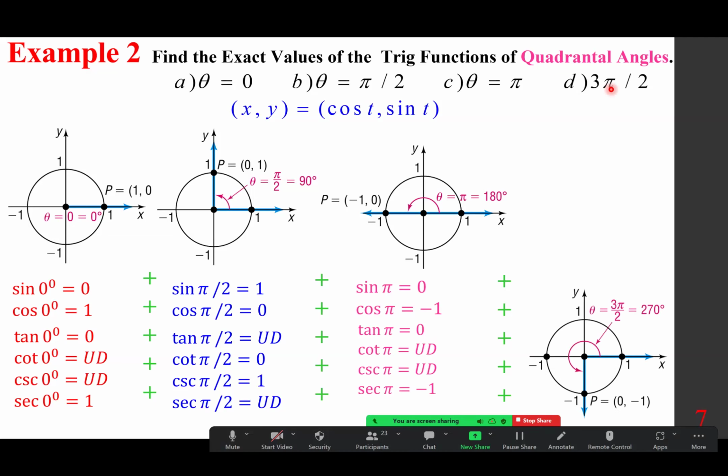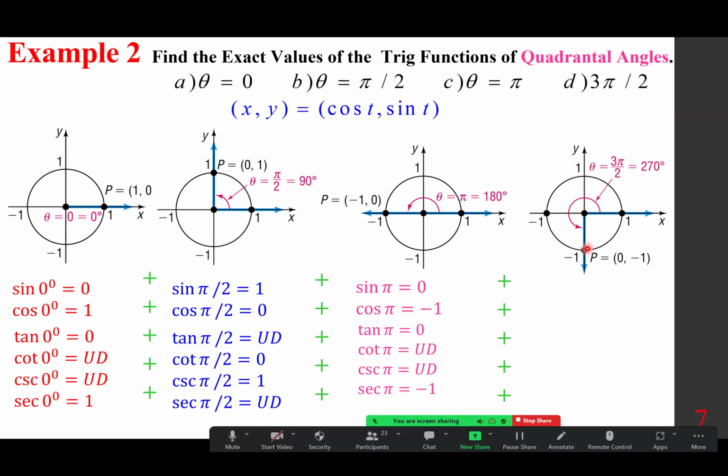Three pi over 2. This one has coordinates 0, negative 1. X is 0, so cosine is 0. Y is negative 1. Sine is negative 1. Sine of 3 pi over 2 is negative 1. Cosine of 3 pi over 2 is 0. And so